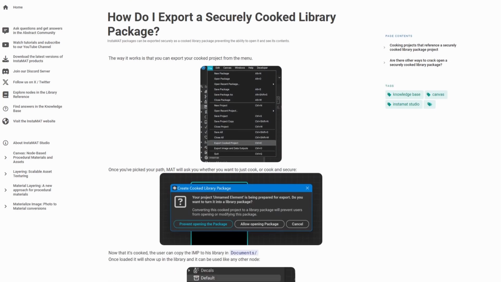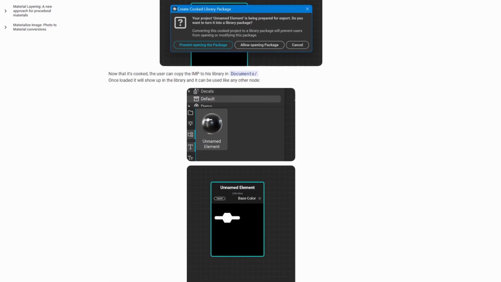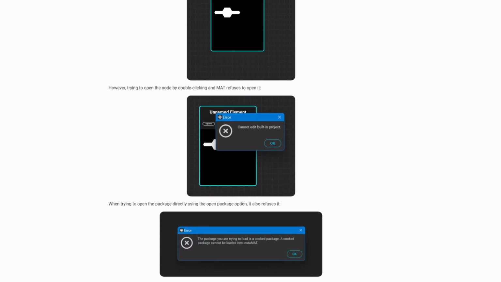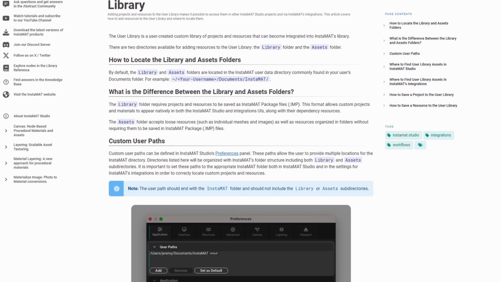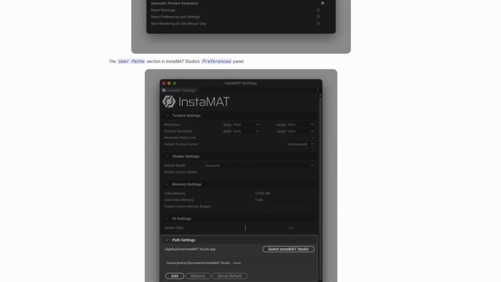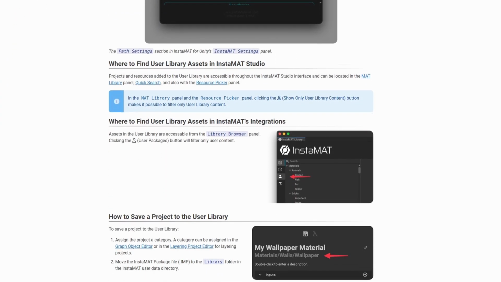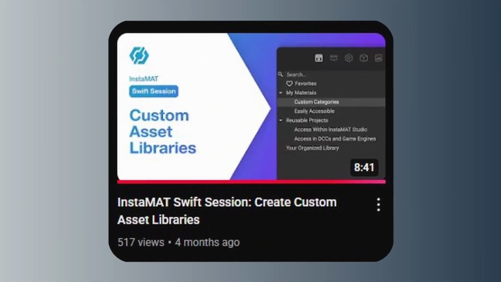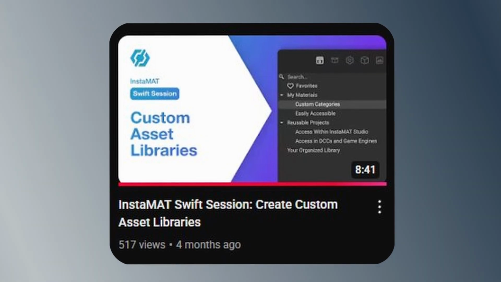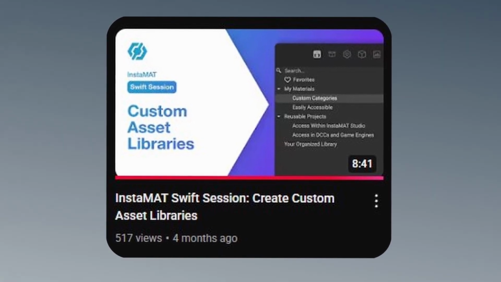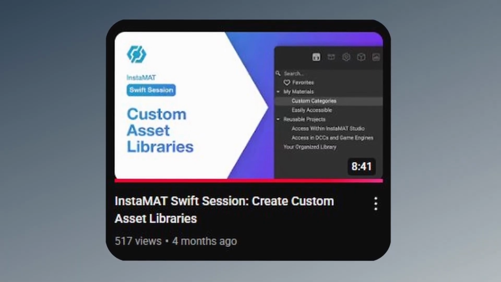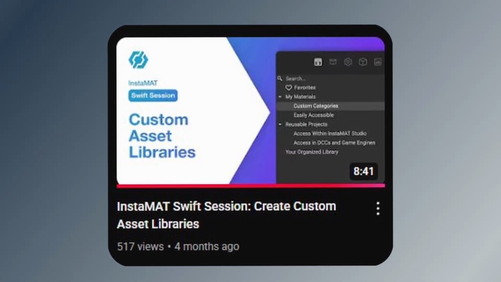With that being said, these are the methods that I was able to work with. There might be more optimal ways to manage your library. I would suggest to look at the documentation that is available on Instamat's official website. Link will be in the description. And you also have an official video from Instamat on creating custom asset library that goes more into detail covering how to add other assets like images, and you can also add custom meshes. That will also be linked in the